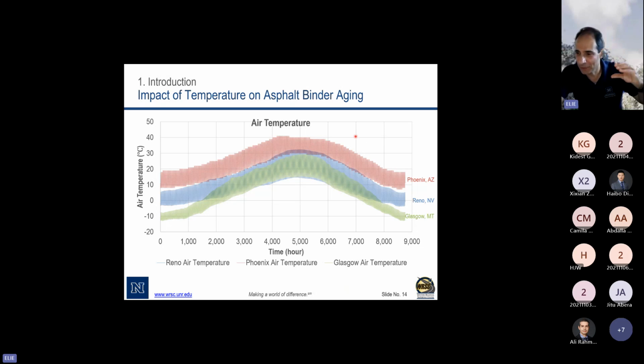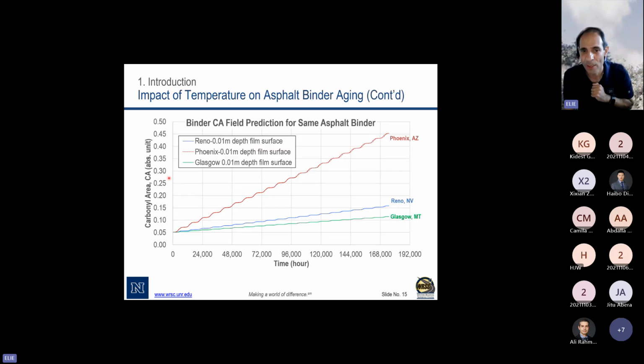So we ran that simulation for the same binder at 3 different climates: the Reno climate, the Phoenix climate, which is hot, and the Montana, the Glasgow climate. So what you're seeing over here are the temperatures over the year. Basically the Montana one, which is green, definitely is the coldest, right? We see minus 10, minus 13, 14 degrees Celsius. Then comes Reno, Nevada. Then comes Phoenix, which is a hotter environment. All right. Now, if I take that same binder and I do my simulation under those 3 different climates, what